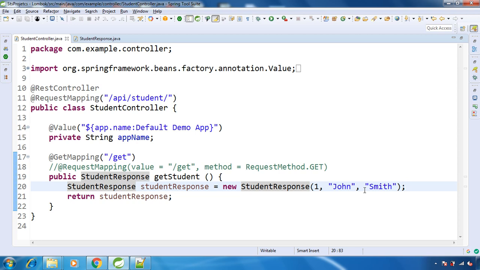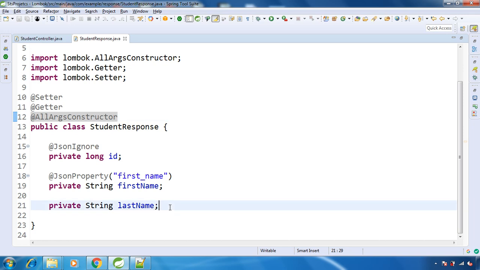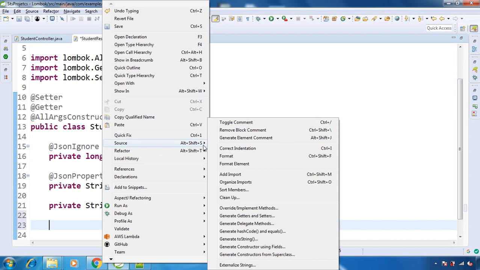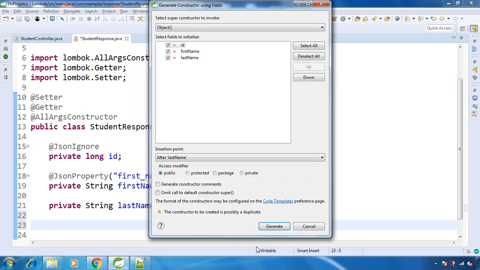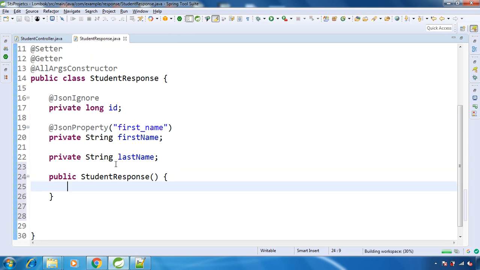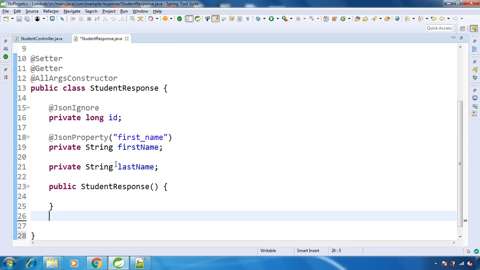Now we know that by default Java provides a no-argument constructor, that is the default constructor, for any Java class. But if we explicitly have any constructor with one field, two fields or all the fields like we have, then we need to explicitly declare the no-argument constructor, that is the default constructor, like this. See, this is our default constructor for this class, that is basically with no arguments.